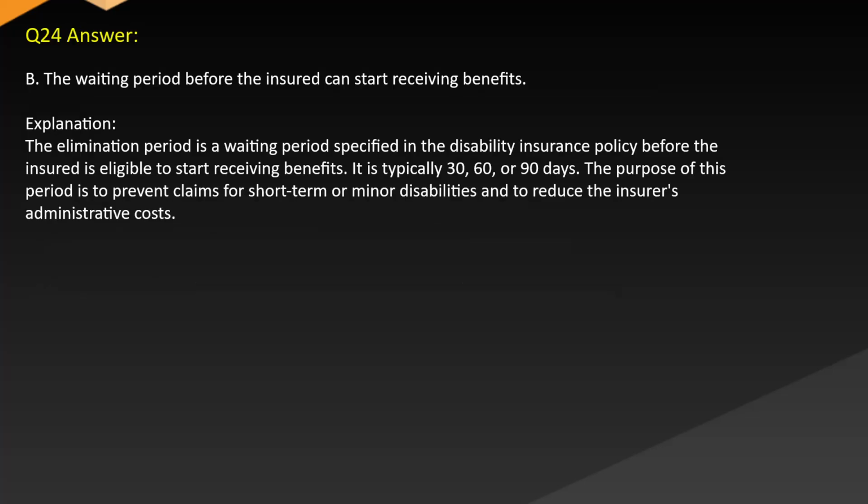Answer: B. The waiting period before the insured can start receiving benefits. Explanation: The elimination period is a waiting period specified in the disability insurance policy before the insured is eligible to start receiving benefits. It is typically 30, 60, or 90 days. The purpose of this period is to prevent claims for short-term or minor disabilities and to reduce the insurer's administrative